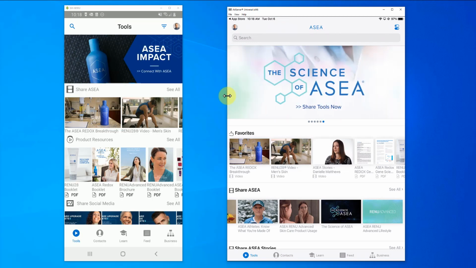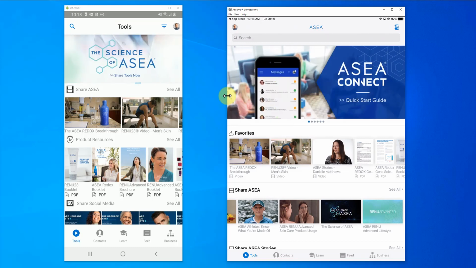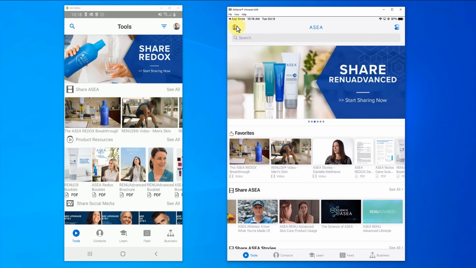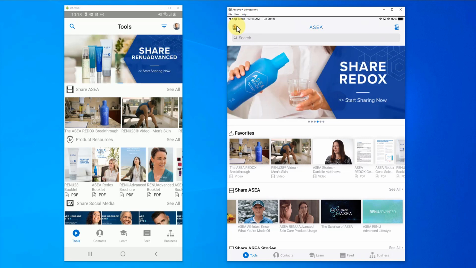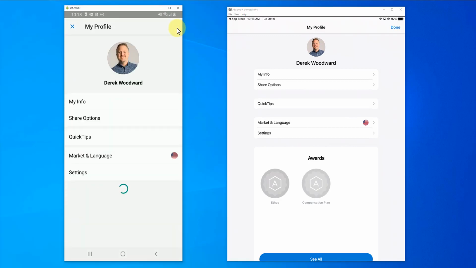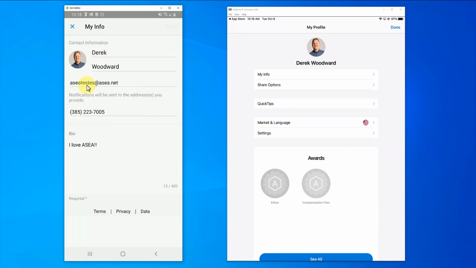This is really going to be relevant to you in Europe and some of the other areas, even in the United States, honestly. Up here at the top left, you can see my little image. If this is the first time logging into the app, you probably have your initials here. If you click on that icon, I'll do it over here on the Android device as well, you're going to be brought up with the My Profile section, and in here is where you're going to be able to adjust your info. This is where you put in your name, your email address if you want people to email you back after they watch your videos or watch your content. This is where you're going to be putting in that information.